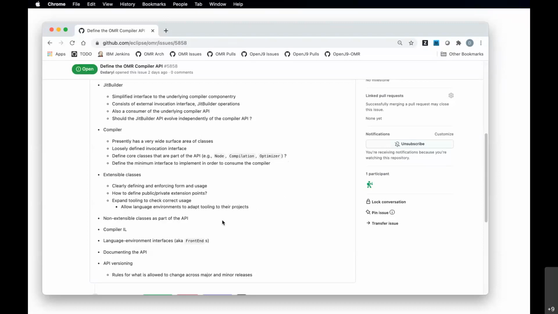But there's also a means for the compiler to ask the language environment for more information about certain things. The way that's traditionally been implemented with this compiler is through what we call a front-end interface. And it's changed quite a bit, certainly between the time that the code was closed source and the time that it got open sourced.